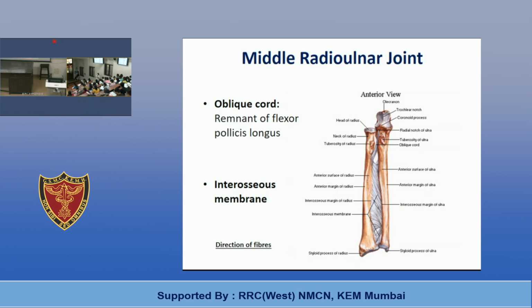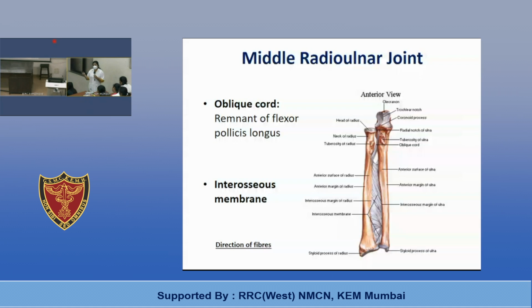So these anterior interosseous vessels, how do they enter the anterior compartment? The ulnar artery gives the common interosseous artery, which gives the posterior interosseous and anterior interosseous. In the leg, the anterior tibial vessels pass over the interosseous membrane, and in the forearm, the posterior interosseous vessels pass over the upper border of the interosseous membrane and enter the posterior compartment of the forearm. So posterior interosseous vessels pass over the upper border of the interosseous membrane, and the gap is for the anterior interosseous vessels.